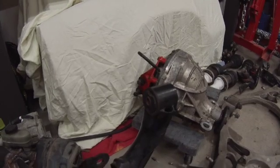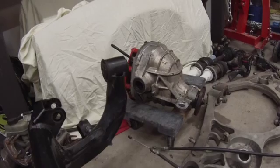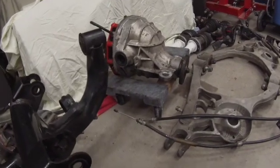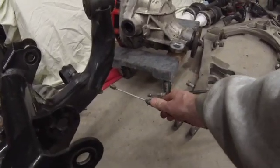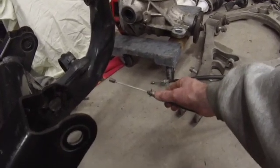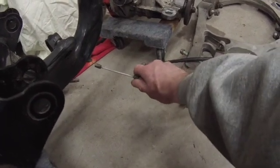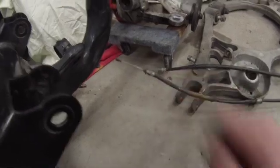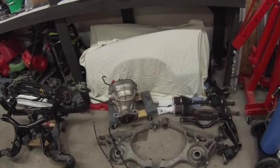So yeah, got it all apart. It was a little bit tricky, kind of wrestling it around out here on my own, but got everything out of there. Calipers were a little tricky. Like this one, this goes and clips onto the caliper, so you have to undo this snap ring, but there was just enough tension on there where it was hard to get that caliper off and over that rotor. So there were a few little tricky bits where I had to wrestle,